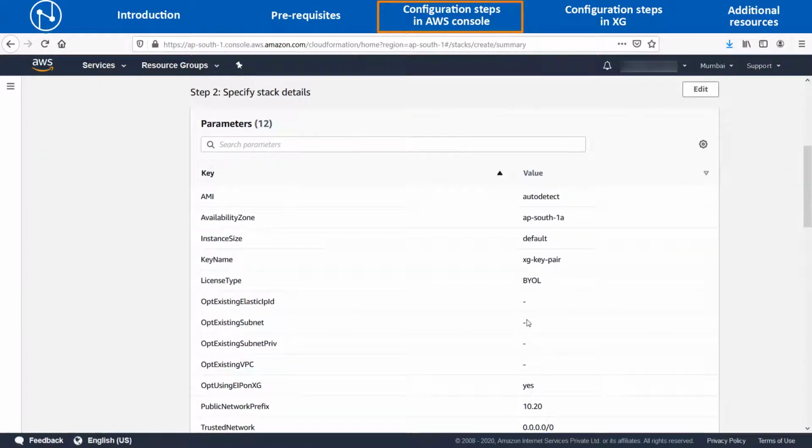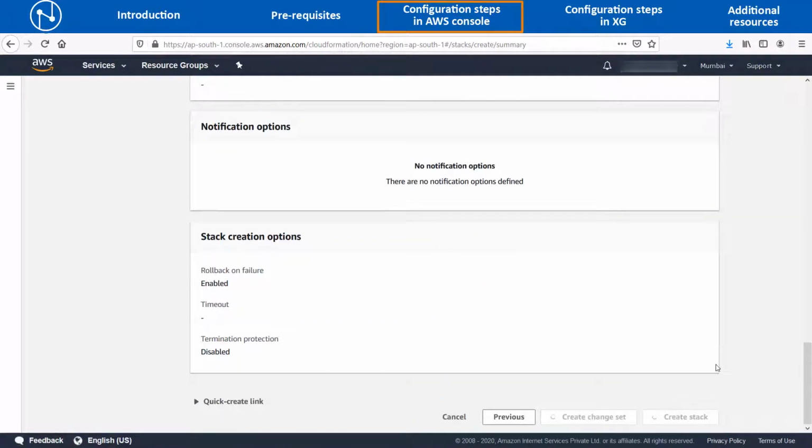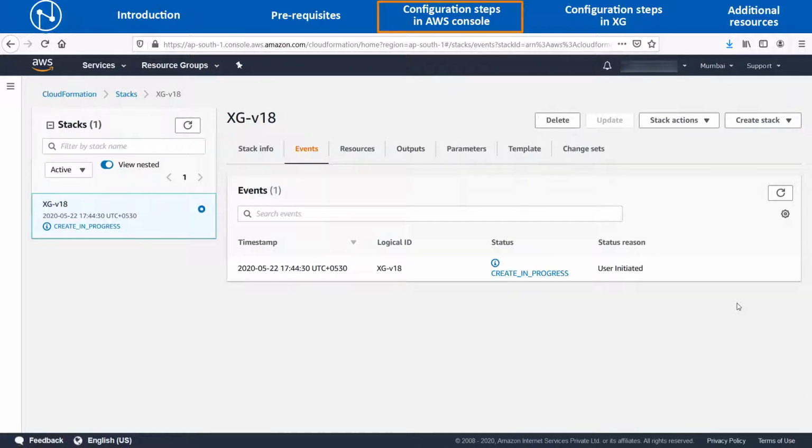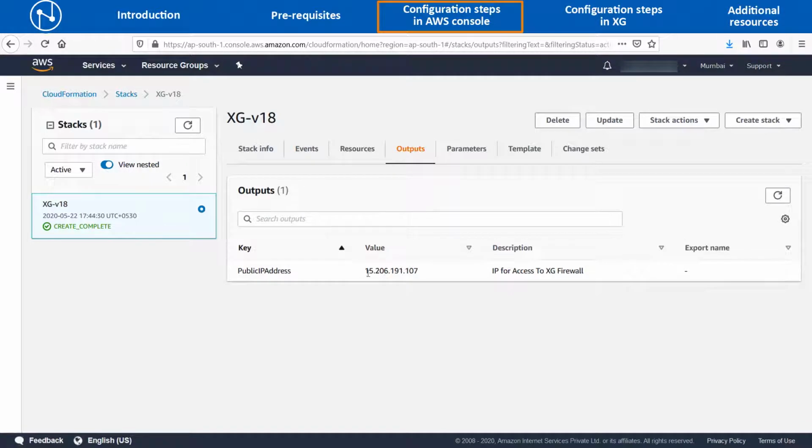Review the summary page, and finally, click on the Create Stack button. Stack creation will typically take a few minutes. Once it is completed, the status should change to Create Complete. The Outputs tab shows the Elastic IP or EIP assigned to the XG firewall with a label of Public IP